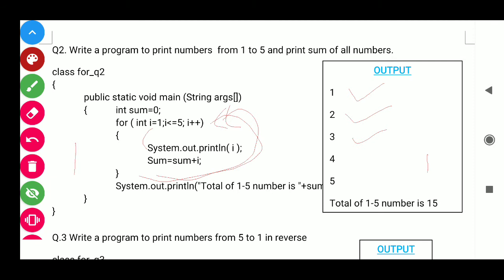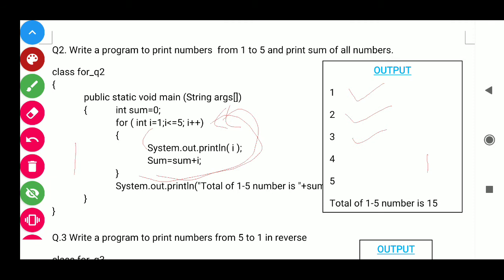Okay, then it will get inside because condition is true, 3 is less than equal to 5. So 3 will be printed, sum is equal to sum plus I, sum was 3 already, 3 plus 3 is 6.